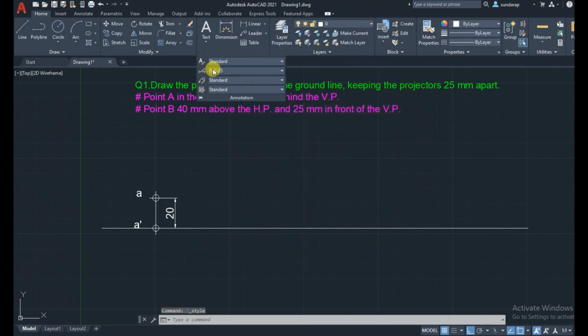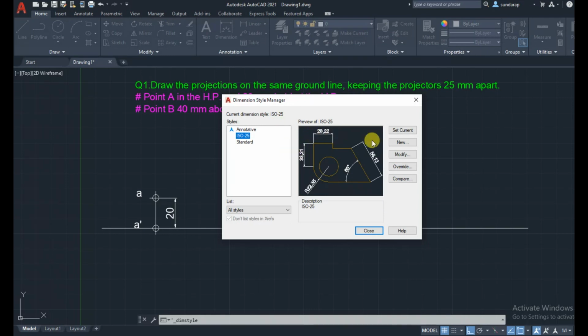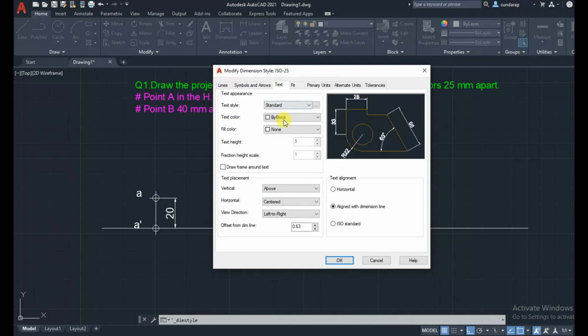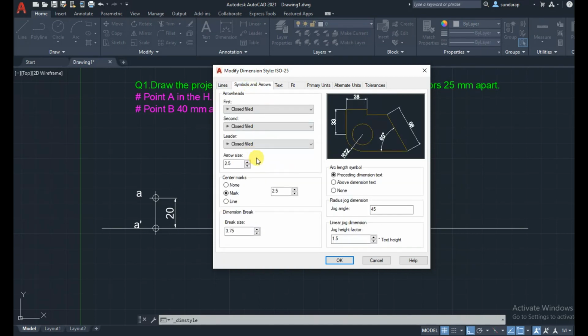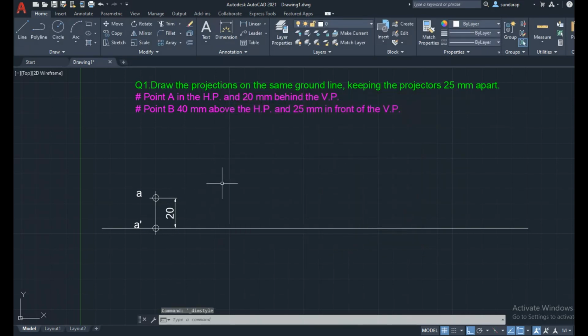Similarly for dimensions, the ISO standard is the default. If you want, you can change it here. Suppose I want a rounded value: change the primary units and set the rounded value as the precision. For text height, we already set 5. The arrowhead size default is 2.5. The rest you can take as convenient. Make these settings before you start, then you will get neat results.